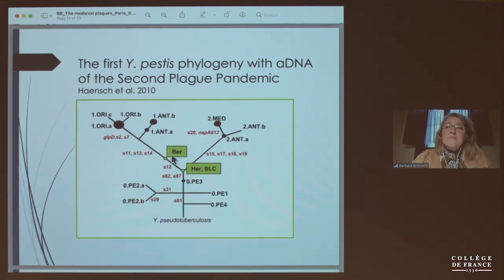So already in this study, we could see that the strain of Bergen-op-Zoom was placed on branch 1, and the other ones were quite different. We could not well identify their position, but we tentatively placed them on this point, which is called the Big Bang, which gave rise to the polytomy, that means more branches.